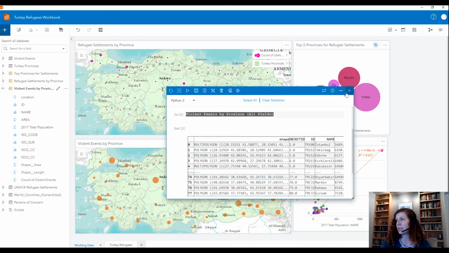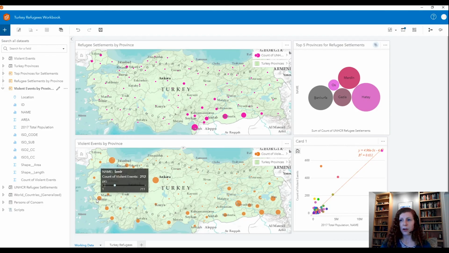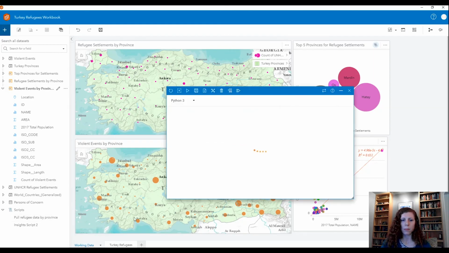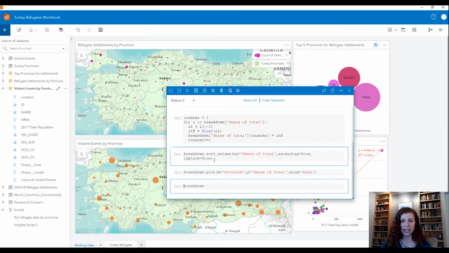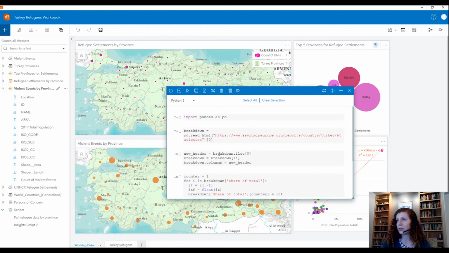For our purposes here, I've already prepared a simple script that will scrape, condition, and visualize data from the European Council on Refugees and Exiles website. And that contains the most recent numbers on refugees as a share of total population by province. And you can see this is just 6 chunks of code. And the only Python package I need here is pandas, which is the popular package for dealing with tabular data in Python. When we run the code,